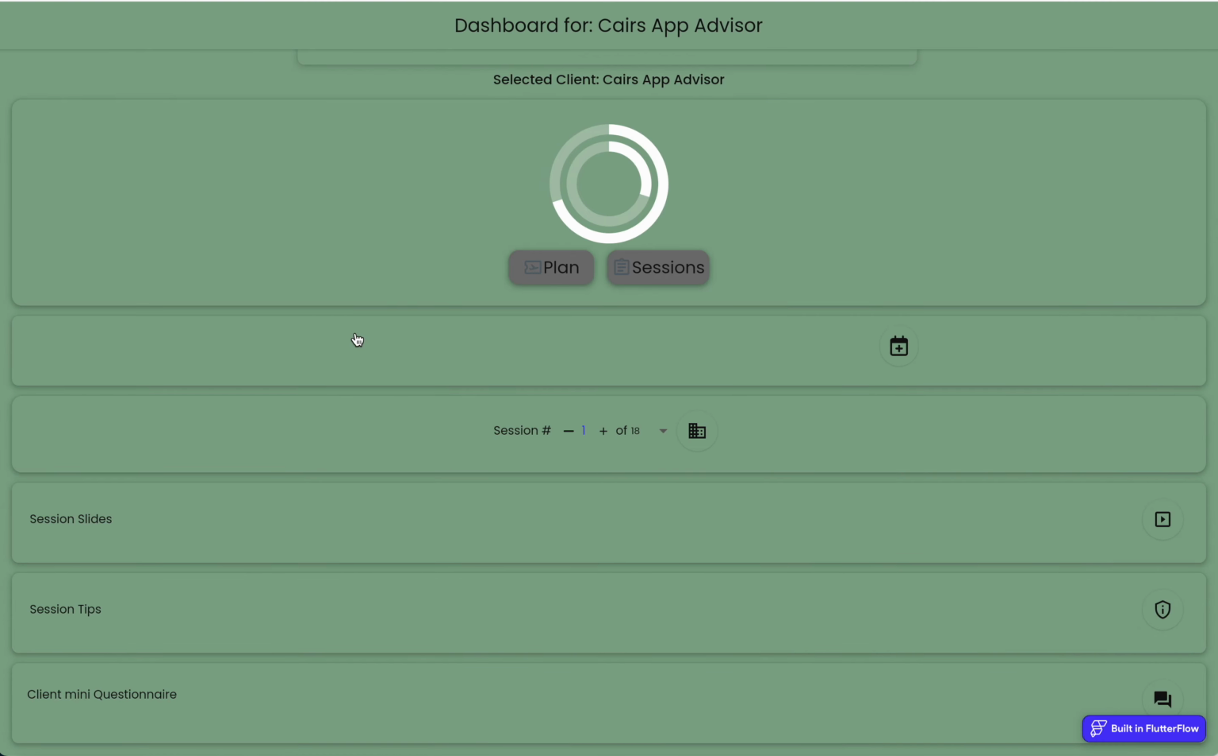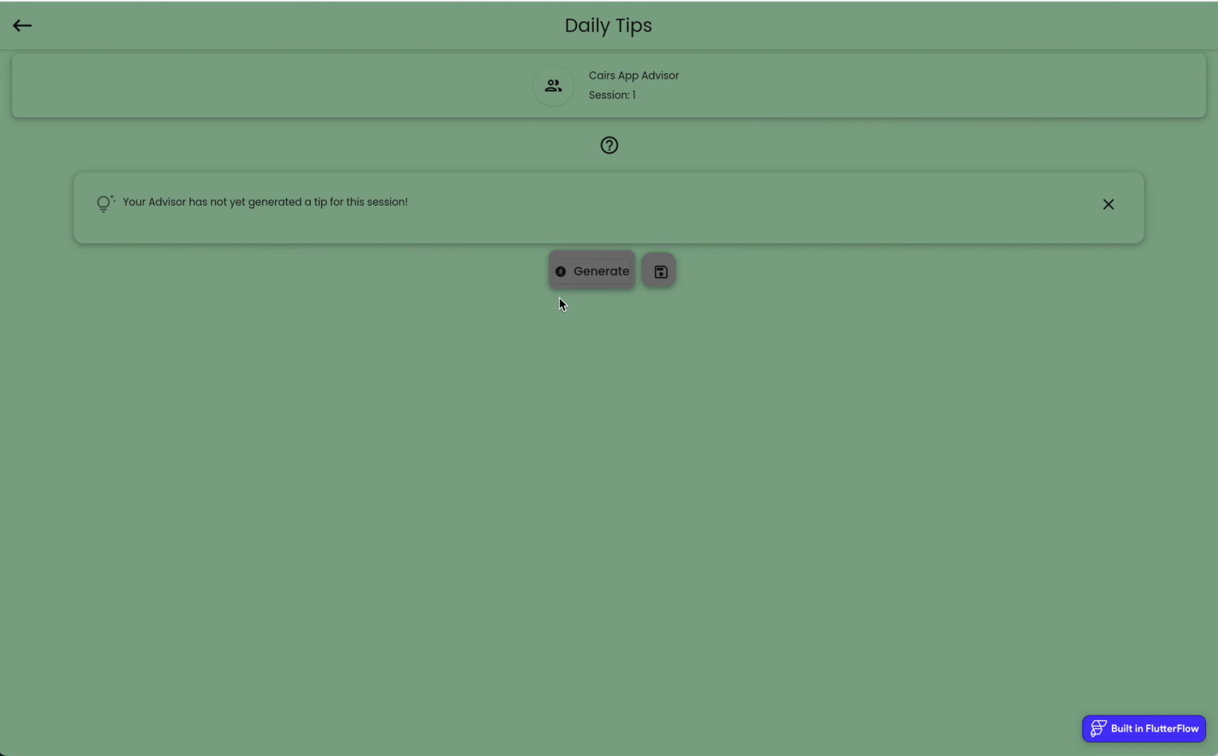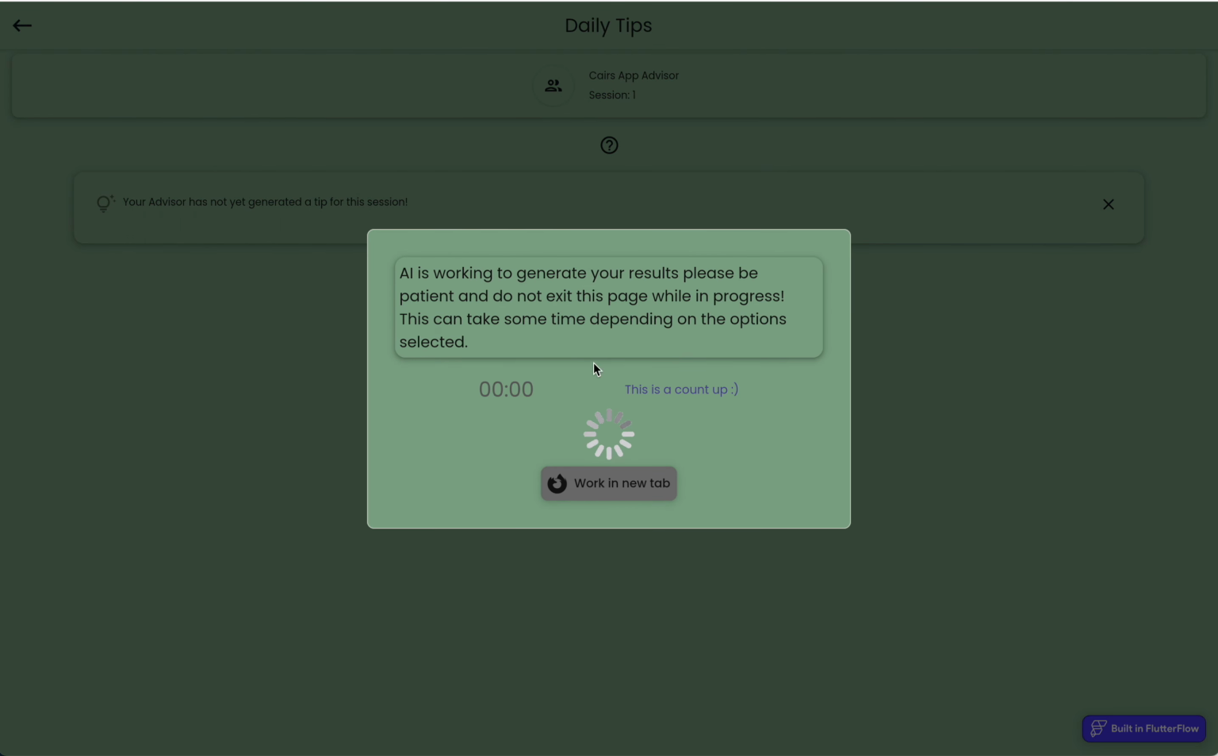And so what I want to do now is provide my client with some tips and tricks based on this. So it's very simple. We're on session 1. That's the one we want to do it for. We click on here. Now at the moment, there's no tips in there whatsoever, and all our clients are seeing is "your advisor has not yet generated a tip for the session." So let's click generate. And as usual, let's just give it a few seconds and let it run through the AI. It'll go to the AI, it'll come back, it'll provide us with as much information as it can based